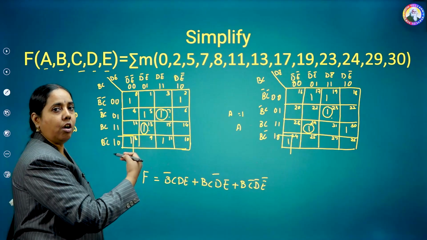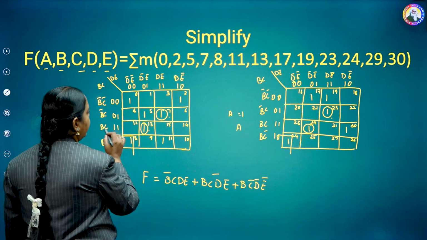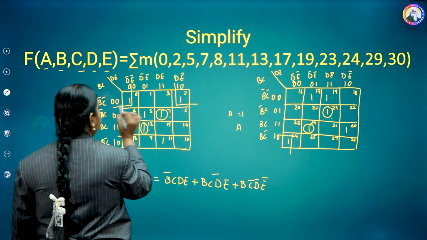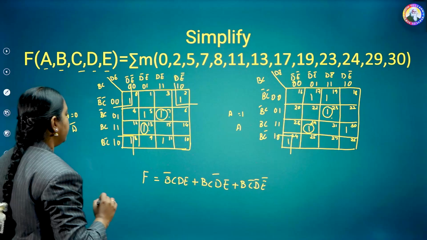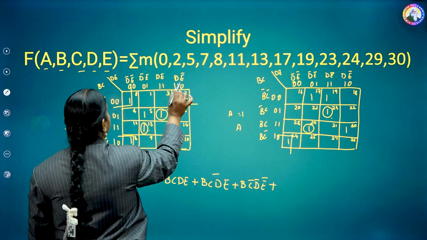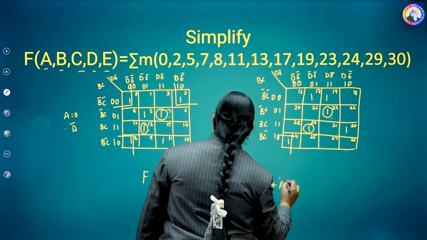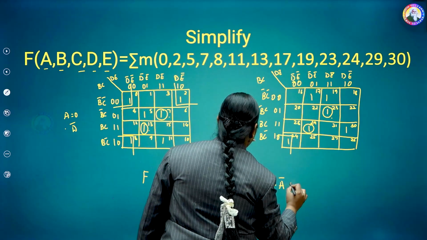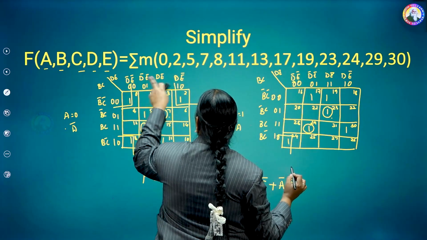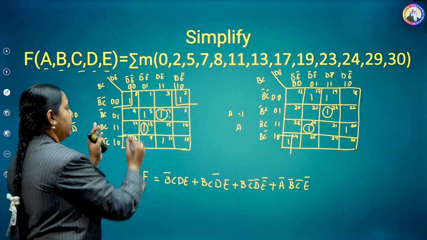Again, we need to solve a K-map for individual cells. If you take the individual cells, I can take this grouping as 1, with respect to the horizontal. Then the terms that are eliminating are D and D bar. So I'll write A bar, B bar, C bar, D bar is cancelling. So E bar. This is the term with respect to the first grouping in the first square.